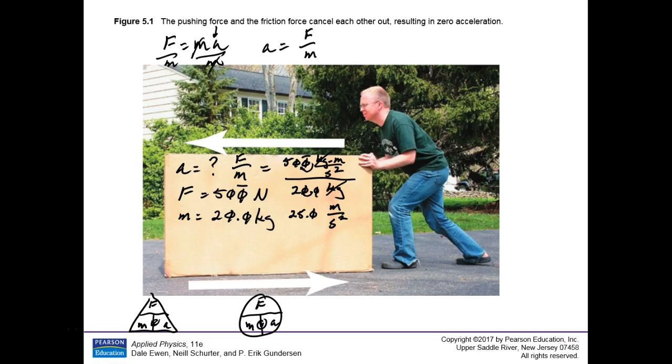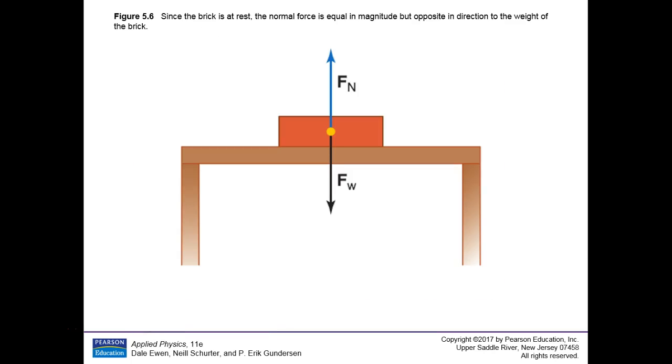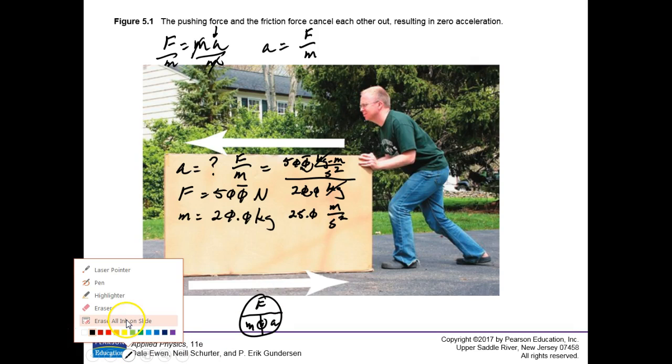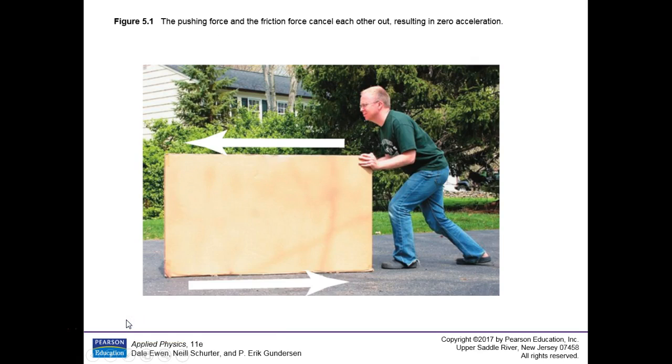Now, the next topic here is 5.3. I see people looking at the clock. We don't have a lot of time. Let's just take a look at a concept here. We probably won't get very far, but let's use all the time we got. I hate to cheat you out of 1 penny of your tuition dollar. I'd like to give you your full measure. Okay. The title of 5.3 is Gravity and Weight.